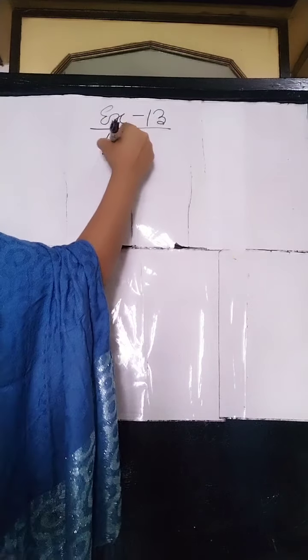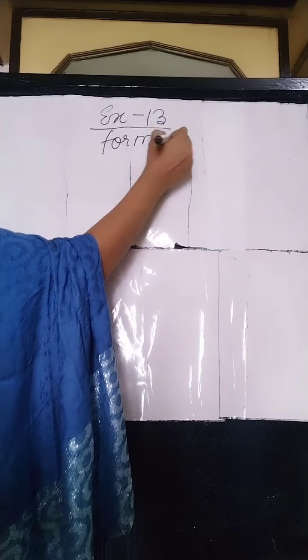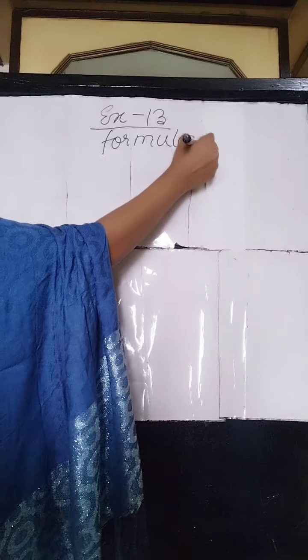Today also we will continue with the formula chapter of algebra, exercise 13. Exercise 13 is a big exercise and it contains a variety of sums. So today also we will continue with exercise 13 of algebra from the formula and its application chapter. Today we will do two important sums based on the formula a plus b whole square and a minus b whole square. Let's see what those sums are.